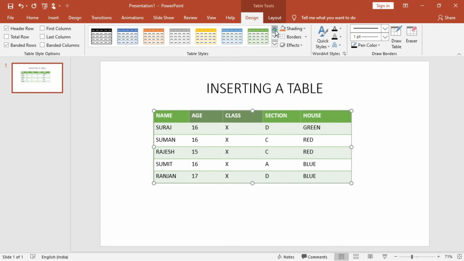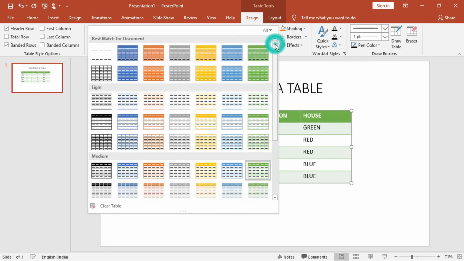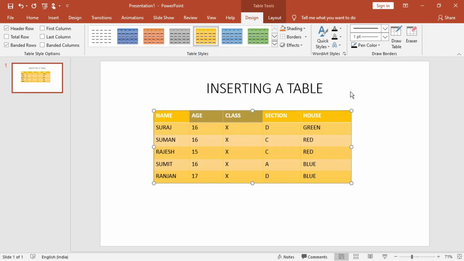You can click the up arrow also. You will get more designs by scrolling in this way, so you can keep it in this way also. So the design tab will access all the table styles and other options of this tab. Hover the cursor over any table style to see its live preview on the slide. So if you take the cursor over here like this, you can see the preview of all the tables. If you just hover the cursor over the table styles, you will see how the table is changing, as I am doing right now. All right, so that is the thing.